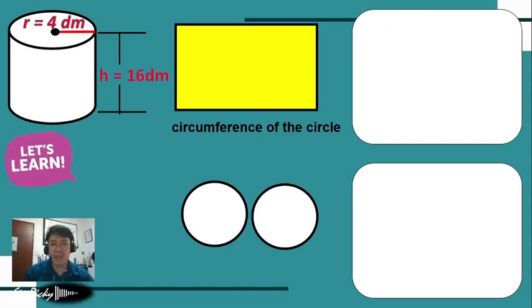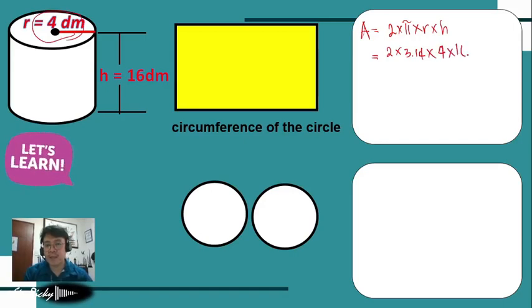Okay, so to get the area of the lateral face, we can use the formula A equals 2 times pi times r times height. The value of pi is 3.14, the radius used here is 4 decimeters, and the height is 16. So 2 times 3.14 is equal to 6.28, times 4 times 16, which is 64. If we multiply 6.28 times 64, we will get